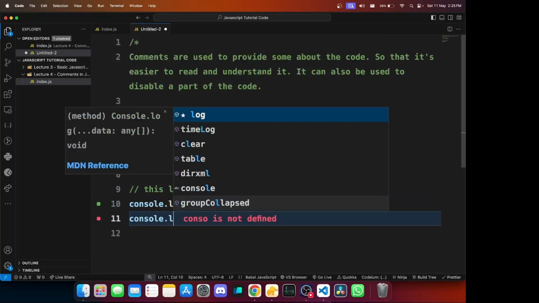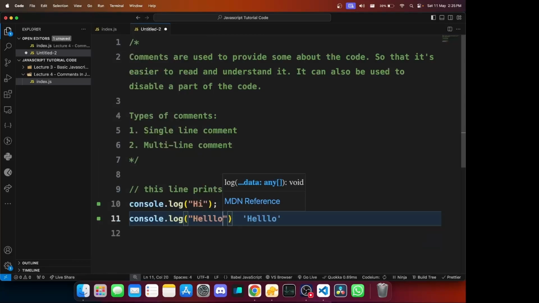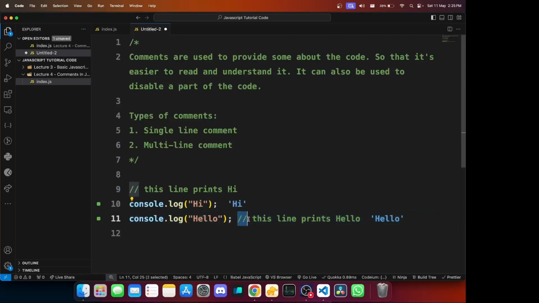One more thing over here which you can do. So I can just go and say this and do something like this. Now, why was this possible? This was possible because you use a single line comment which starts from here. Because it starts from here, it would continue till the end of this 11th line, but anything before this forward slash would not be considered as a comment, and that is very important to understand.